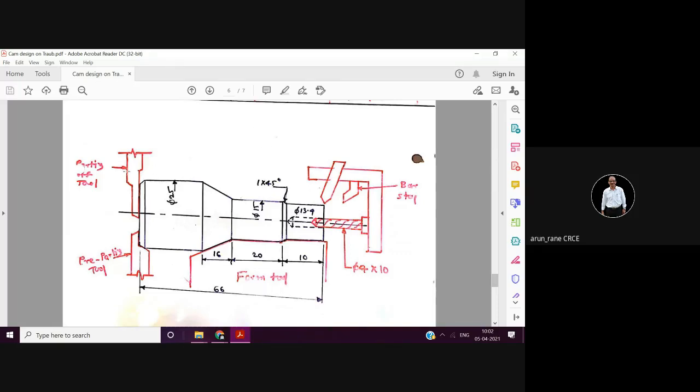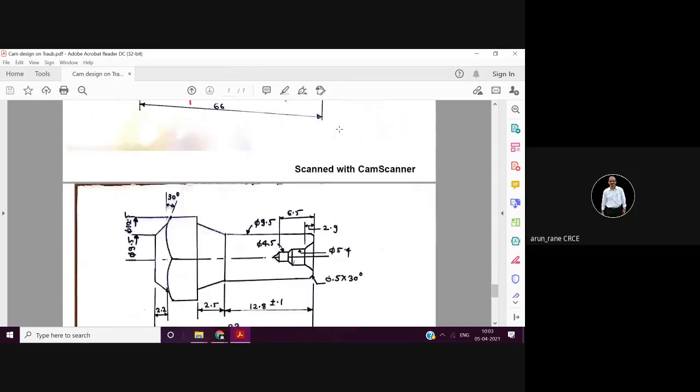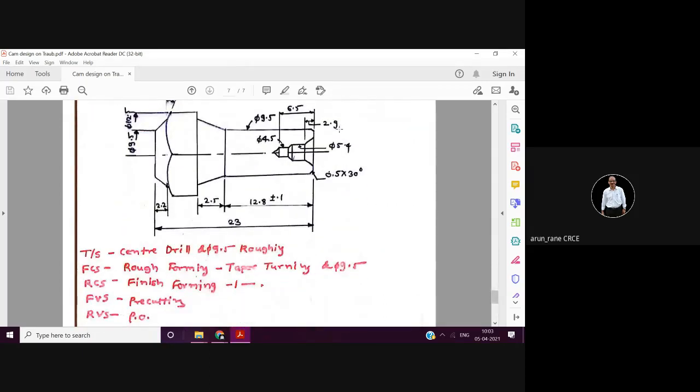So you know the work of these two. Then there is a form tool like this, which is fitted on the front cross slide. So we will press it in, and you will get this profile. And this one is not needed, because this is diameter 25 round. Now what has happened here: your rear cross slide is idle, it has no work. It is not necessary that everything should be used. Again this same thing: center drill, then rough forming and this taper, and then finish forming.